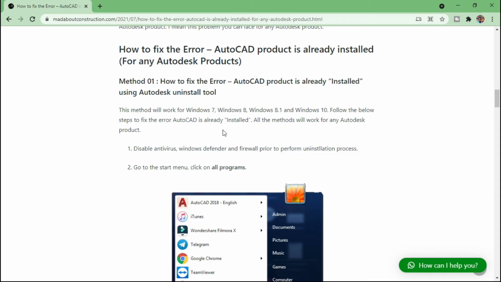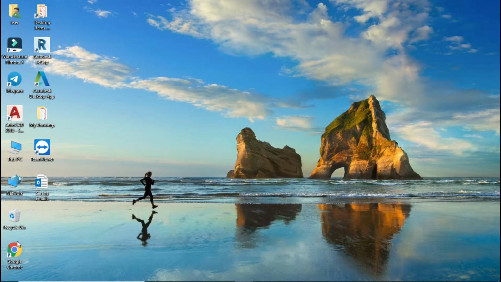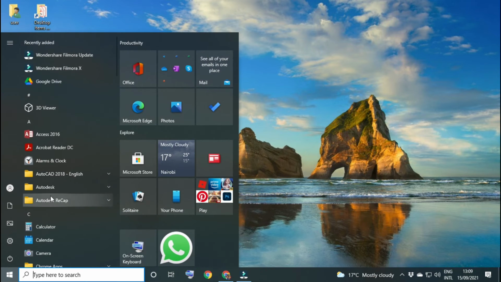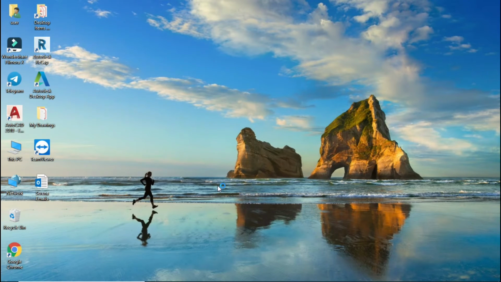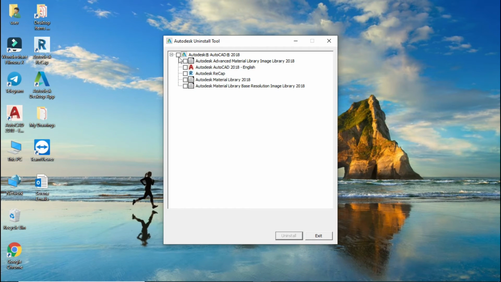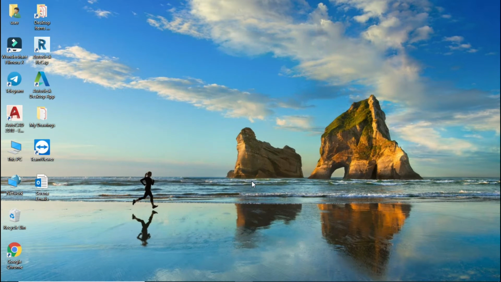So first of all, method number 1 is you have to go to the start menu and find the Autodesk folder, and here you will find the uninstall tool. So open it and select your product. Here I want to uninstall 2018. So you tick on it and click here on uninstall. Once it completes uninstallation, then here it will show a green mark. So this is the first method you try, and restart your computer and try to install your AutoCAD or any Autodesk